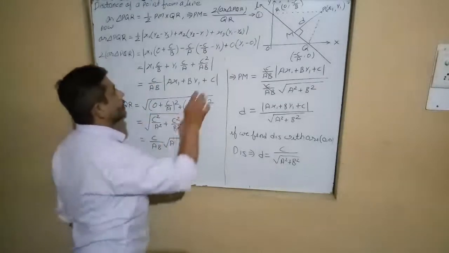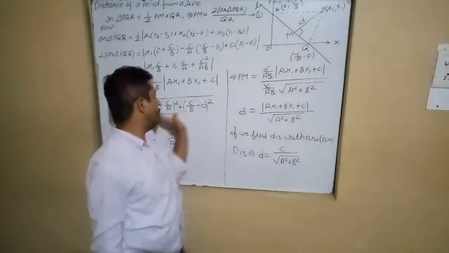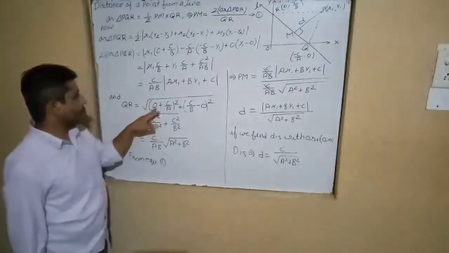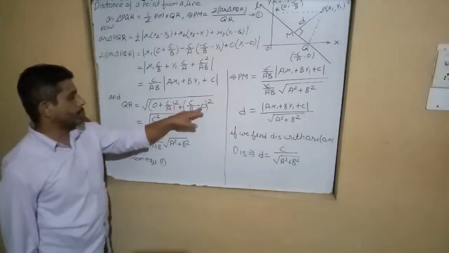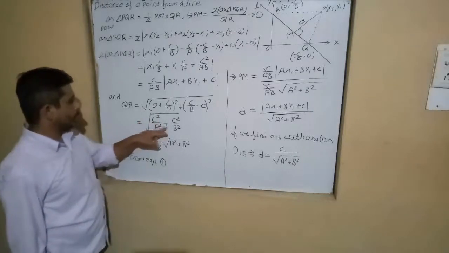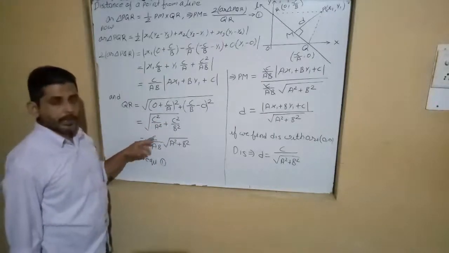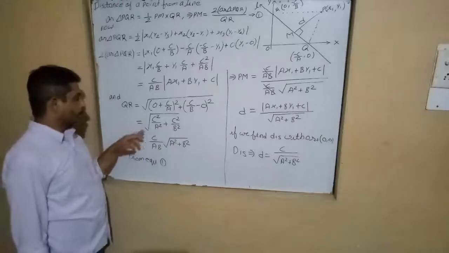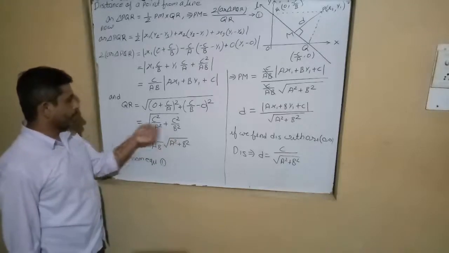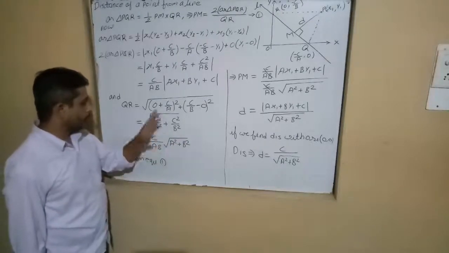Now we need one more value, QR. So QR, how to find the QR value? Here we apply the distance formula. QR, what is the distance formula? x2 minus x1 whole square plus y2 minus y1 whole square. Open the bracket, so what will come here? C square upon A square plus C square upon B square. When we take C square as common, C will come over the root, and when we take A square B square as common, AB will come. So in the bracket what is left? A square plus B square.